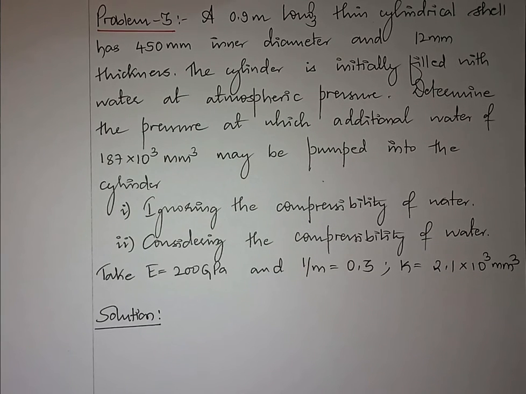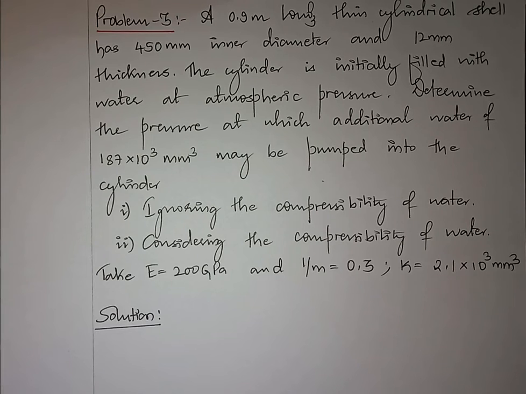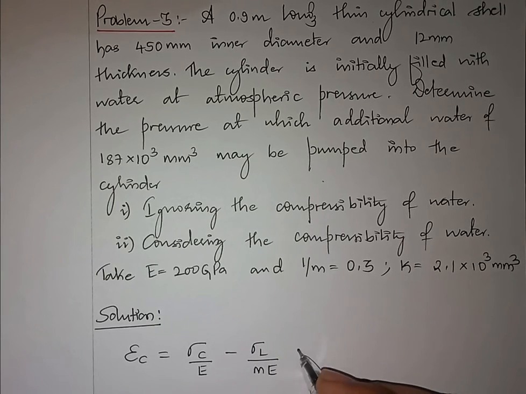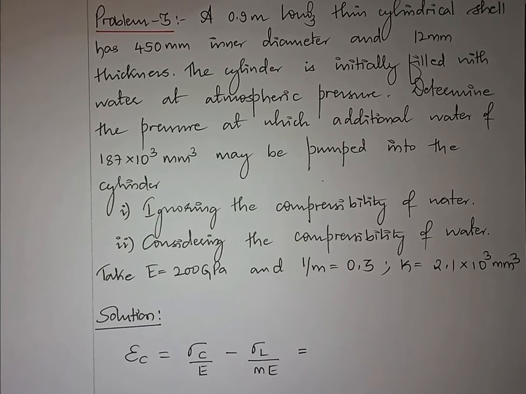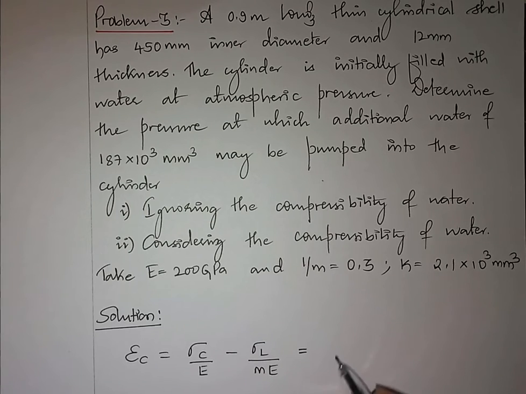Right, so as usual, first I'll be calculating the volumetric strain. In order to calculate the volumetric strain, first I need to calculate the circumferential strain and longitudinal strain. So I know that circumferential strain is given by sigma c by E minus sigma L by m E. Right? So further substituting the value of sigma c, I'll be getting